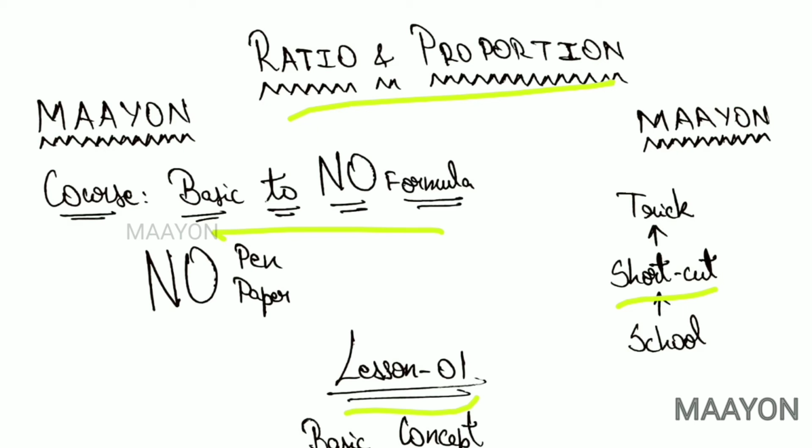Then if you are strong with basics and thorough with shortcuts, you can directly go to lesson 4 where we would be solving sums in trick method, which would be taking just 10 seconds without any pen and paper and not using any formula. But I would recommend you to watch at least from lesson 3 where you could find some shortcuts that you would have missed out before. Links for lesson 2, 3 and 4 are in the description.